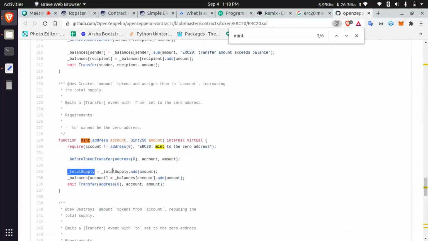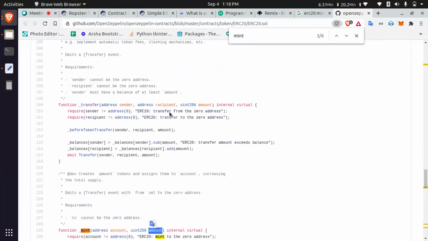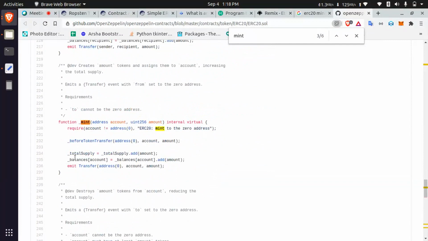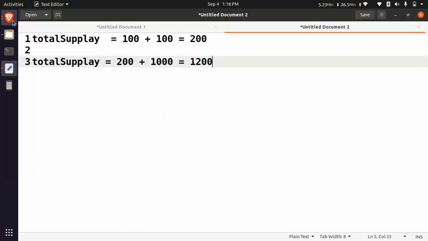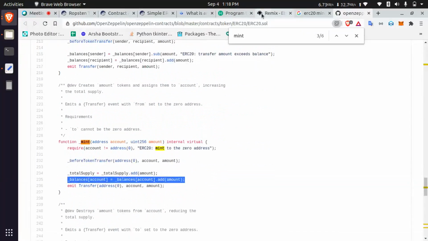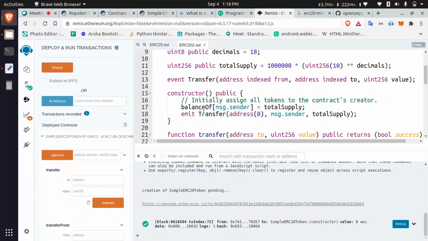Here they are adding to total supply the amount, meaning how much amount of token you are sharing. You are going to add it to the total supply as well as to the sum of the account. Why? Because when defining at contract level, the total supply is defined under one person's address.